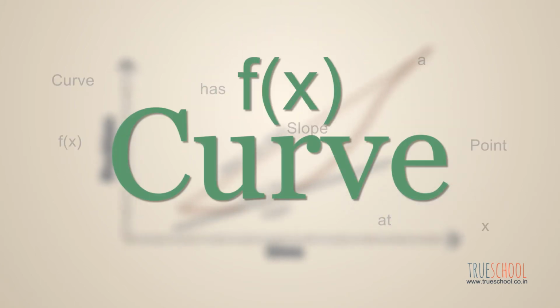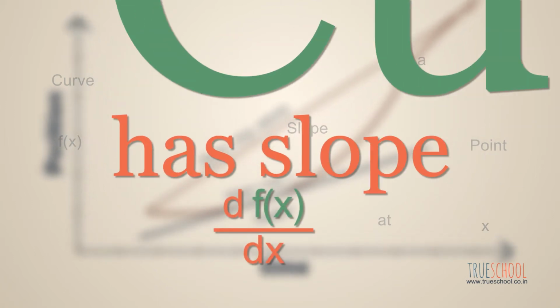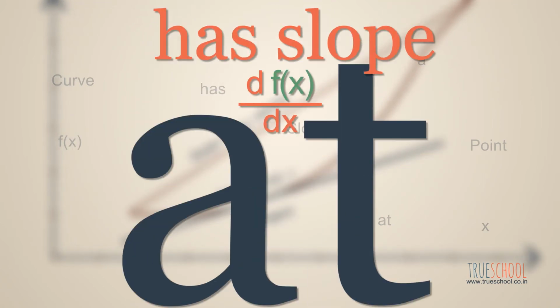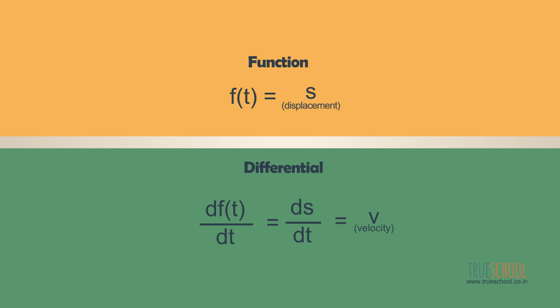Absolutely. The method of finding this slope is called differentiation in the language of calculus. Using differentiation, you can find the slope of any curve at any desired point, and the slope gives the rate of change of the function of the curve. In our case, differentiation of displacement as a function of time gives velocity.